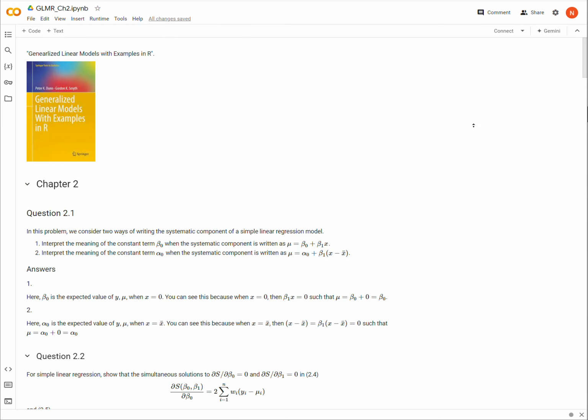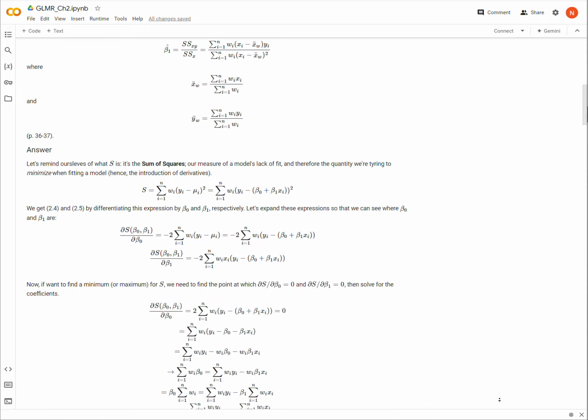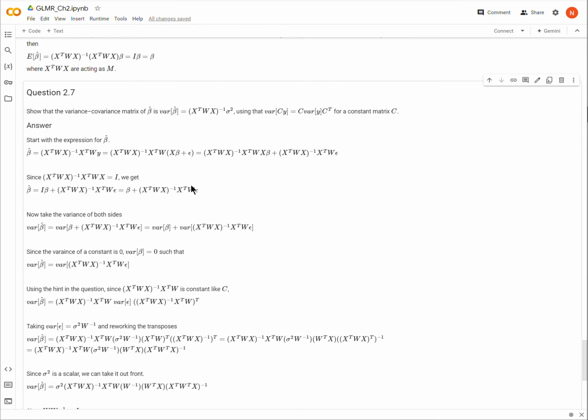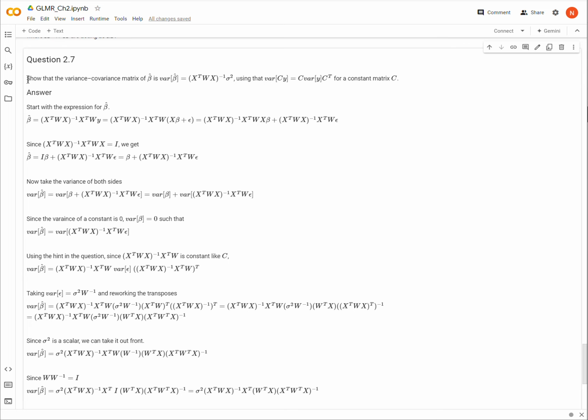Okay, so we are in this book here, Generalized Linear Models with Examples in R. We're in Chapter 2, and we are on question 2.7. Okay, so we want to show that the variance-covariance matrix of our estimate, beta hat, is equal to this